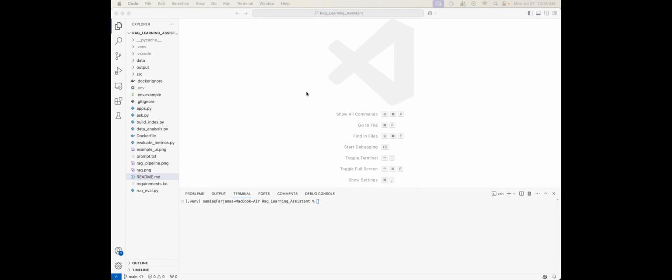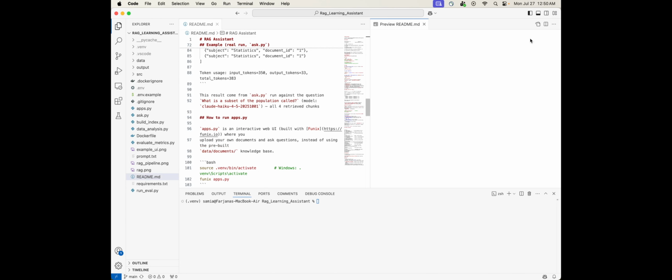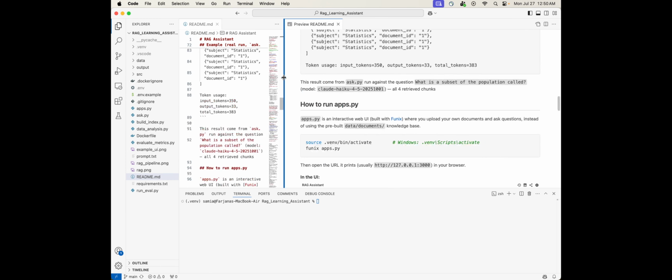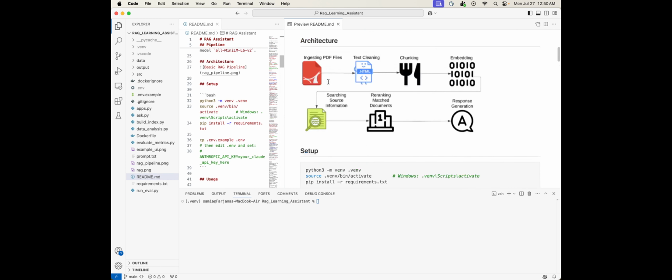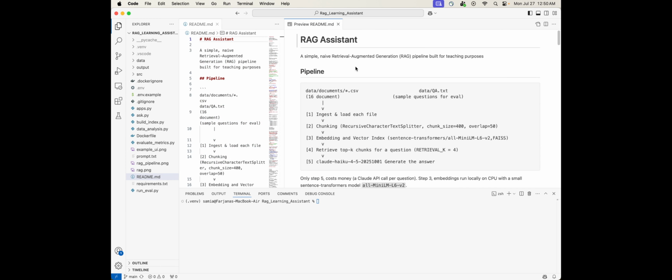In this demo, I will walk you through a simple RAG system, which stands for Retrieval Augmented Generation. In this system, it contains three main components. First of all, the reference document, a vector index, and then we use Claude API here in this project to generate the answer. So as you can see, the pipeline for this project here,